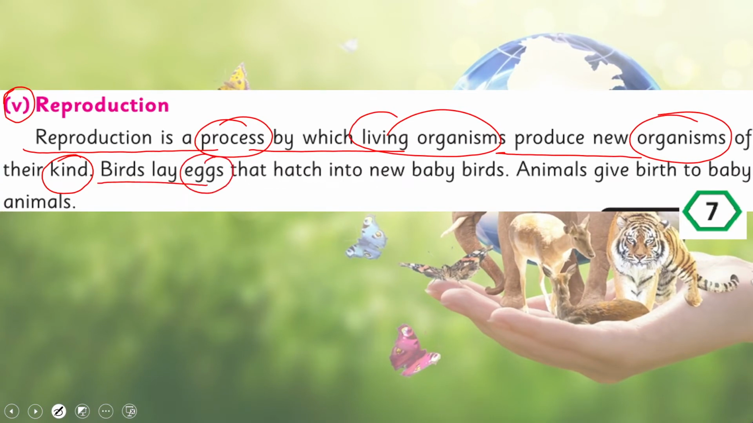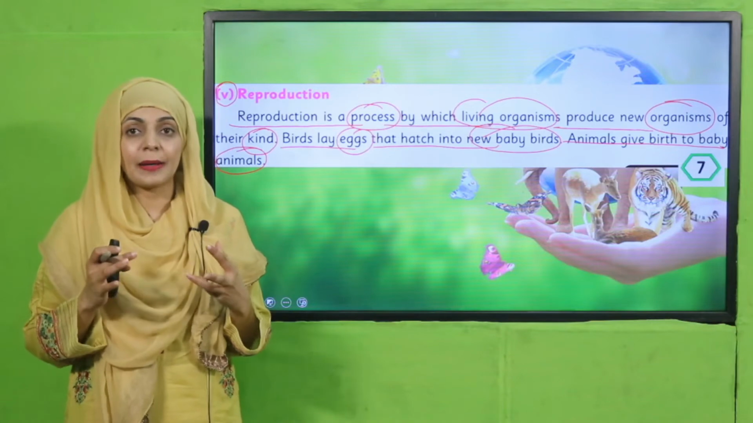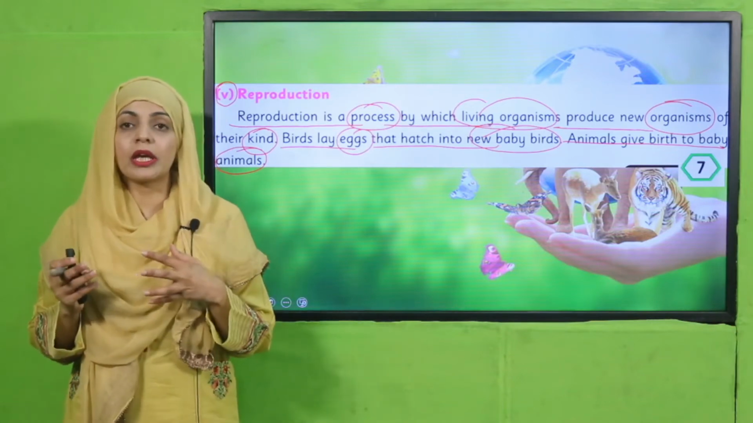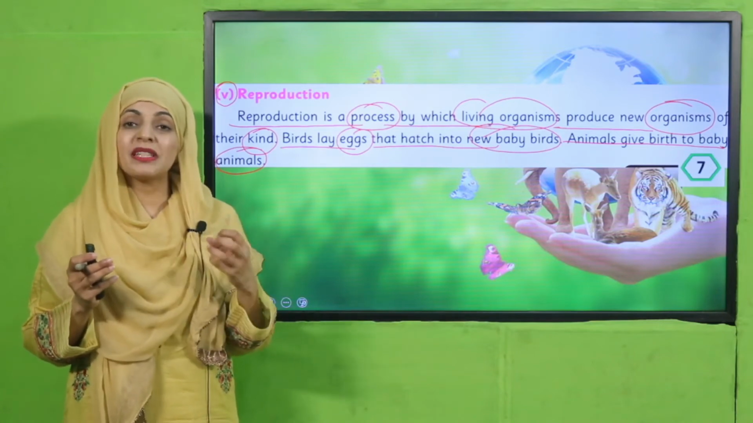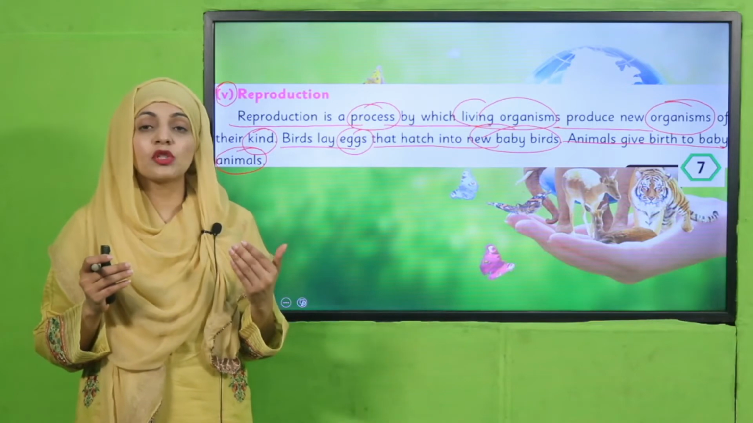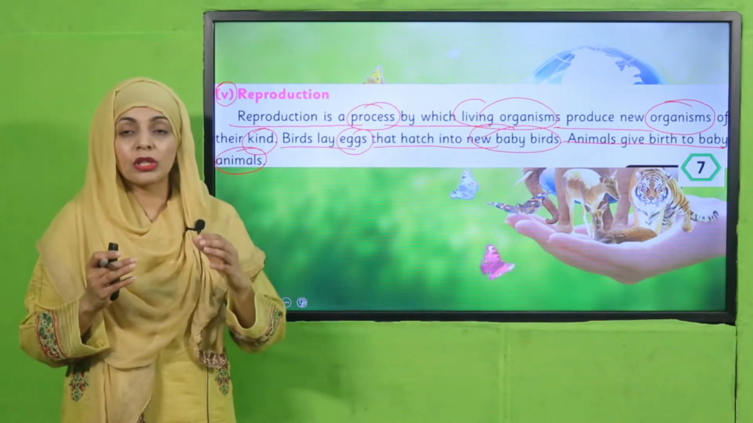Birds lay eggs that hatch into new baby birds. Animals give birth to baby animals. So my dear students, reproduction एक ऐसा प्रोसेस होता है जिसमें लिविंग ऑर्गेनिजम्स जो है वो अपने जैसे नए ऑर्गेनिजम्स जो हैं उनको बनाते हैं। जैसे कि आप अगर चिकन को देखें, बर्ड्स को देखें तो वो अंडे देते हैं और उनमें से उन्हीं की तरह के छोटे छोटे बेबीज निकलते हैं। इसी तरह कुछ एनिमल्स जो हैं वो लाइव बेबीज को बर्थ देते हैं, वो भी उन्हीं की तरह के एनिमल्स होते हैं बट दे आर